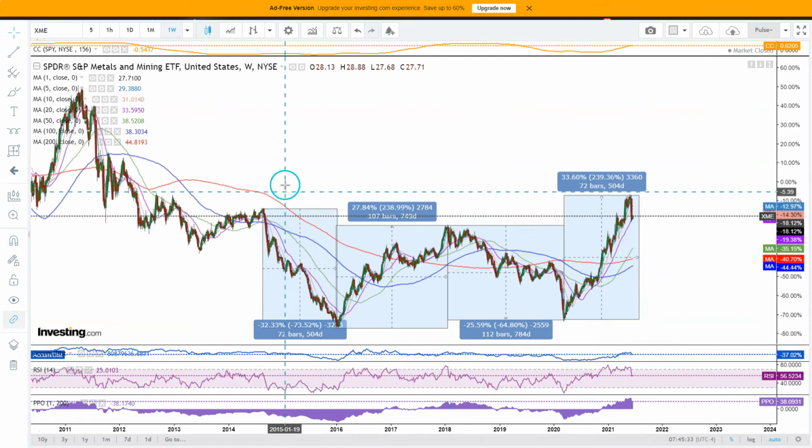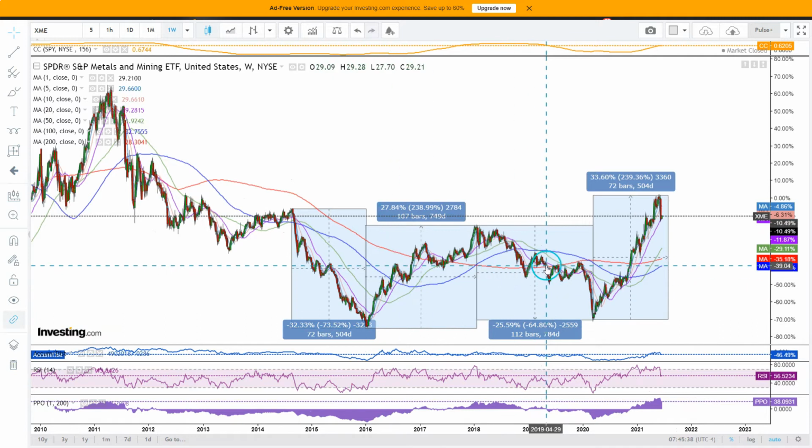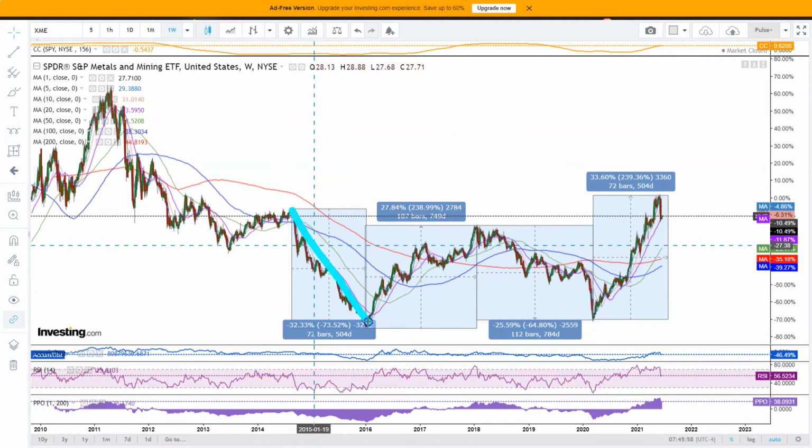Something that is rather interesting is the potentiality here for symmetry, because this pattern right here in the middle, this huge double bottom. So we have a monster double bottom, and we have this very substantial bottoming pattern forming. And what is especially interesting here is the symmetry. If we do look here at this decline, it was 504 days. This current rally measured here to this point, which is